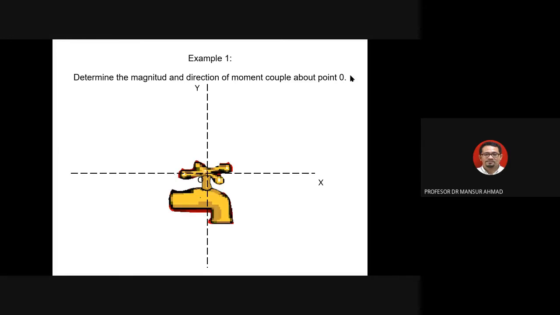Biasa pipe air tu you buka dan tutup kan, tiap-tiap hari kan. Bulan puasa ni nampak air tu memang sedap je kan. You nak buka pipe air dan tutup pipe air. Actually what you doing is that you are applying moment on the tap water, to open the water or close this tap. Actually you are applying moment like this. So your job here, I'm not going to do this here, we don't have time now. You take a look at this yourself.